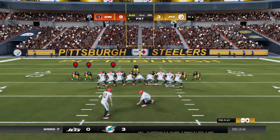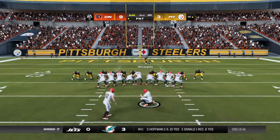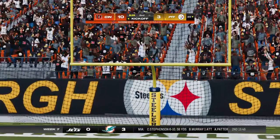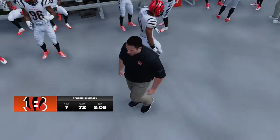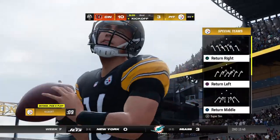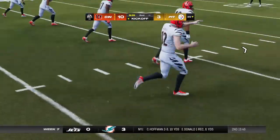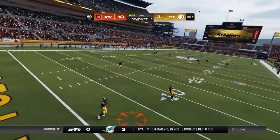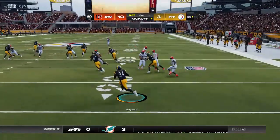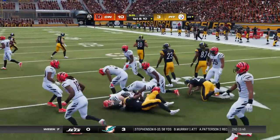Well, on this play, how about the vision of him, being able to see the open field, make his move, and get there. Oftentimes, defenses have a spy for the quarterback position to try and take care of it. On that play, if they did, it certainly didn't work. Yeah, there's no doubt. The kicking team out now for the Bengals as they'll send this one away. And he's up across the 25 and down at the